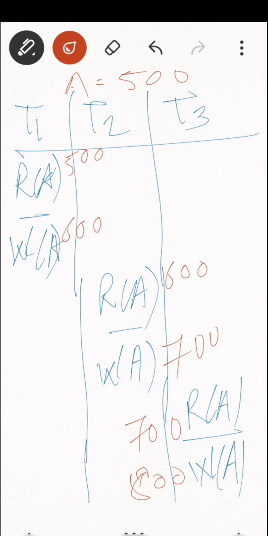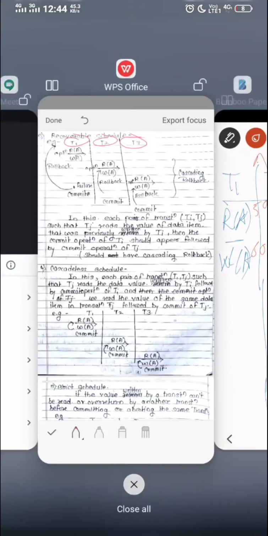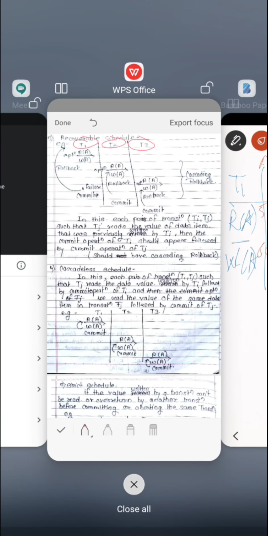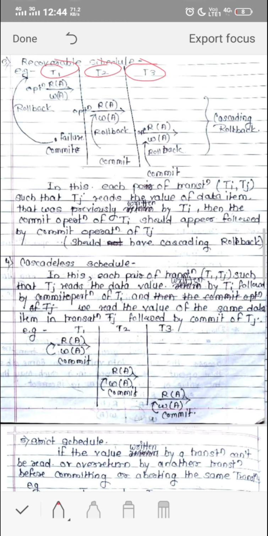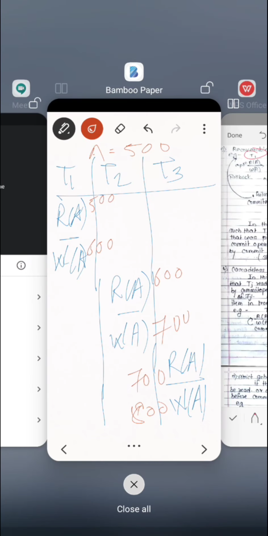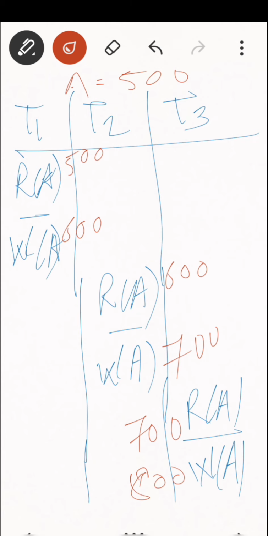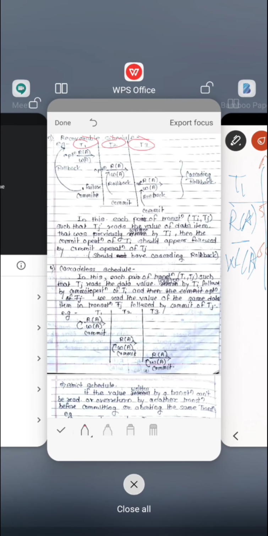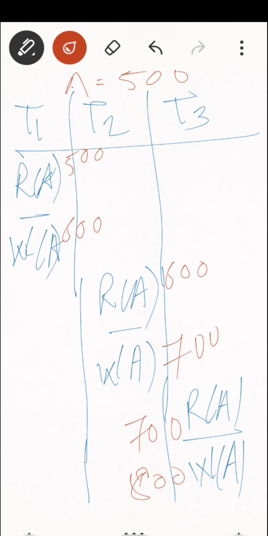Now let me come back here. Suppose this is the scenario. This has been committed here.